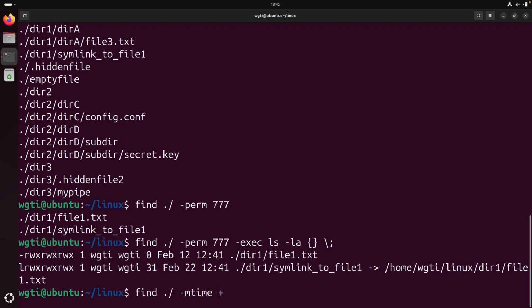And the same idea holds here as well, plus 20 days, because I'm using mtime. If I use -mmin, in that case, that's going to show me 20 minutes or older files, but I will stay with the mtime. Files that are 20 days or older, and I'm just going to quickly use the ls -la,